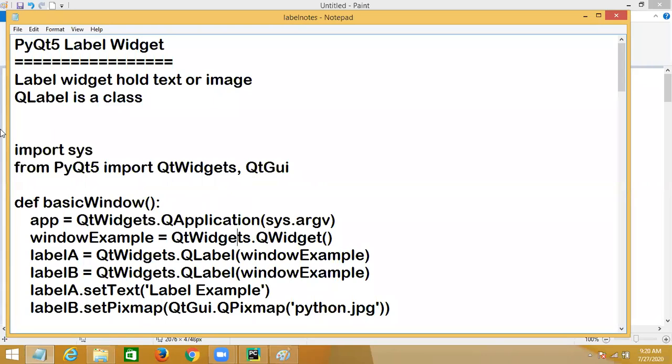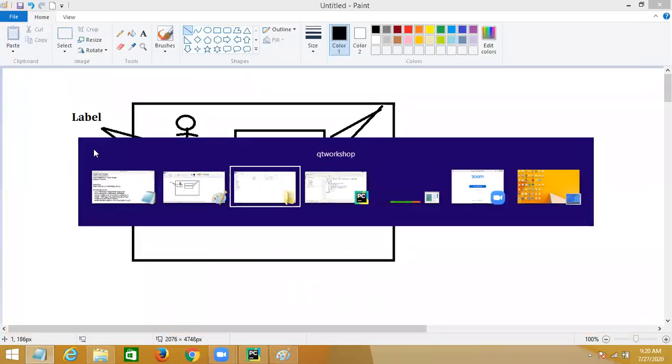But you can even create a window by saying QtWidgets.QWidget. This QWidget is also used for creating a window. This is called the root. So this window variable represents the window. In the previous example, we created a window.